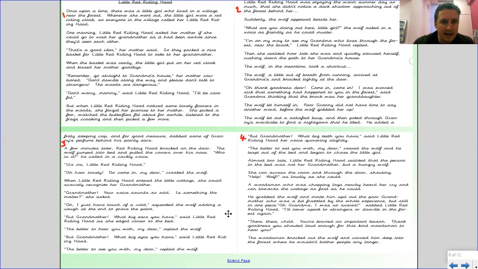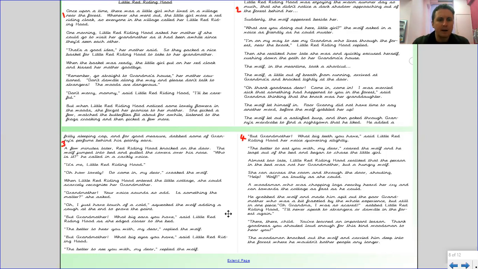The wolf jumped into bed and pulled the covers over his nose. "Who is it?" he called in a cackly voice. "It's me, Little Red Riding Hood." "Oh, how lovely! Do come in, my dear," croaked the wolf. When Little Red Riding Hood entered the little cottage, she scarcely recognised her grandmother. "Grandmother, your voice sounds so odd. Is something the matter?" she asked. "Oh, I just have a touch of cold," squeaked the wolf, adding a cough at the end to prove the